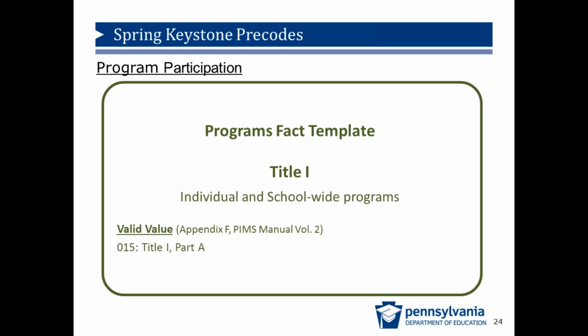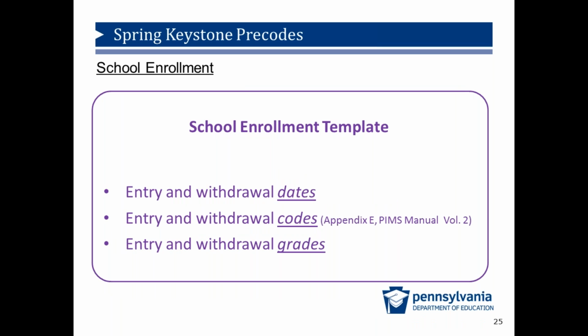The third template needed for PSSA Precode upload is the school enrollment template because it is used to track student entry and withdrawal from the educating entity. An entry date must be entered when a student is being educated by you. If the student leaves, a withdrawal code is entered showing that the student is no longer being educated at your entity. The school enrollment template also tracks a student's grade or school building, such as moving from an elementary school to the middle school, which is designated by using withdrawal code WD05, which is student changes school or grade within the school year.